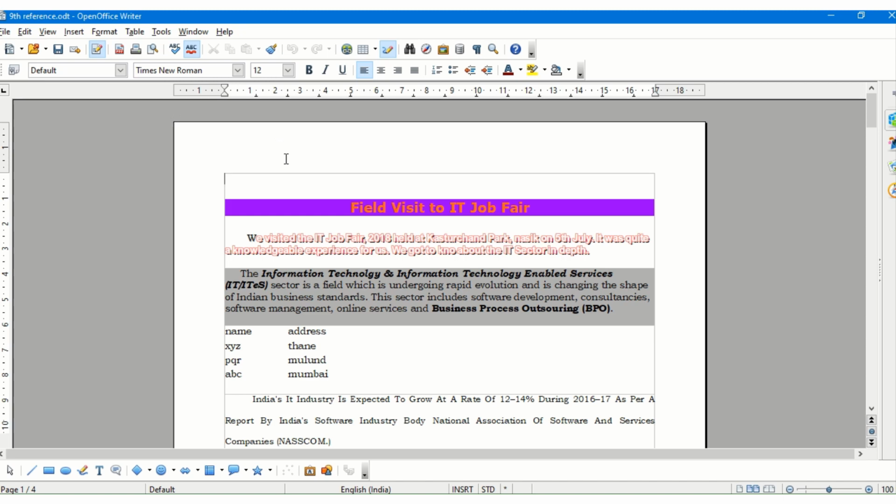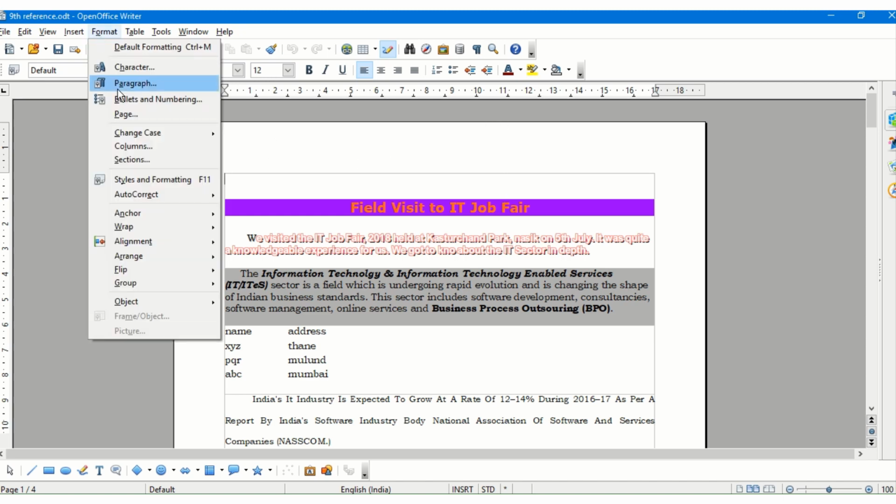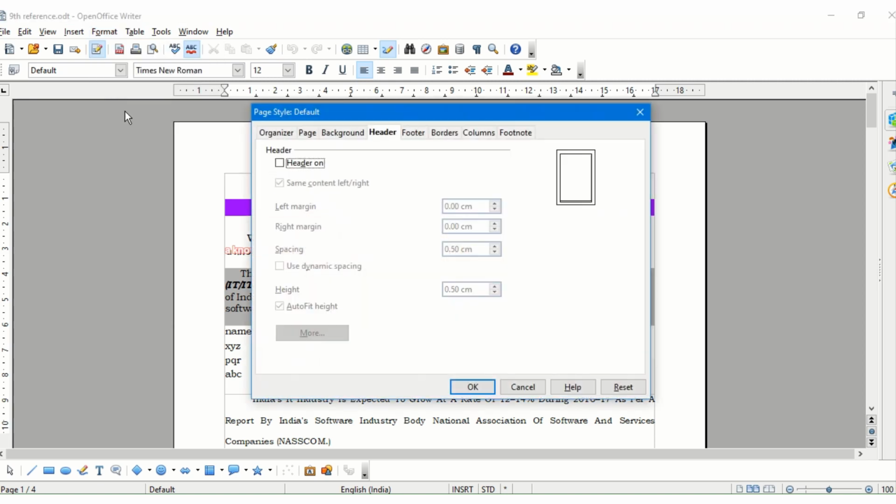All these details are generally given in the header region. So let us understand how to insert a header in this margin area. If you want to set up the header region in the page, you have to click on the Format menu and the header region, and there you can select the height of the header from this margin, 0.5 is the header. So if you want, you can increase or decrease the header and footer from this particular area, that is the page formatting of the page.